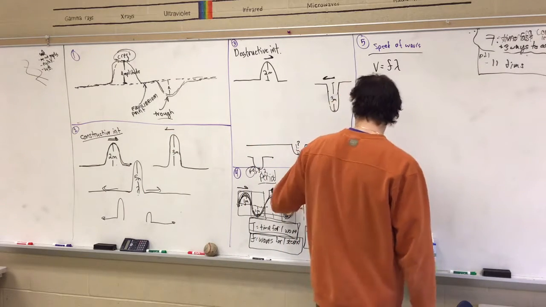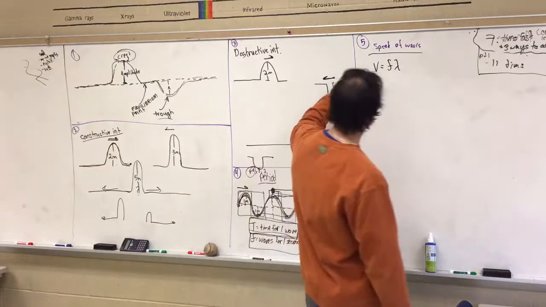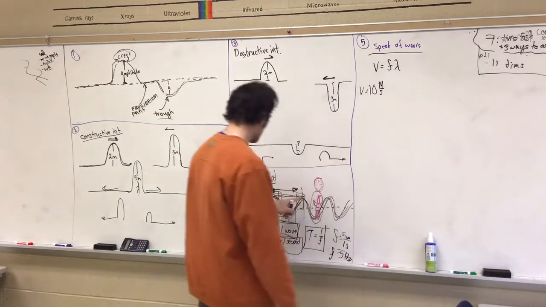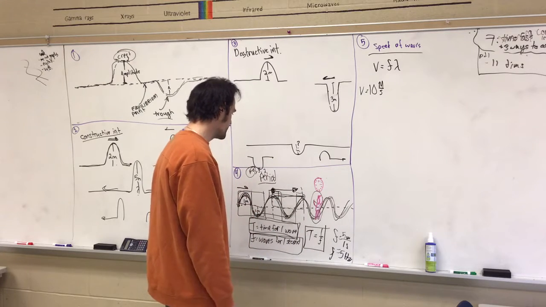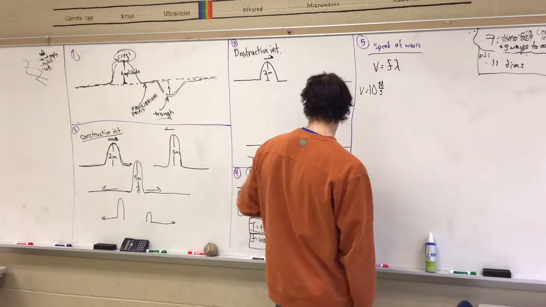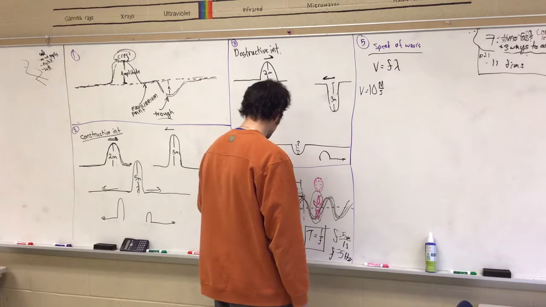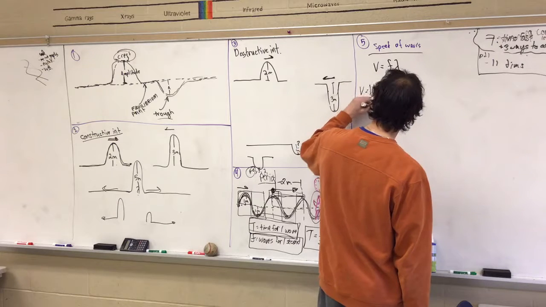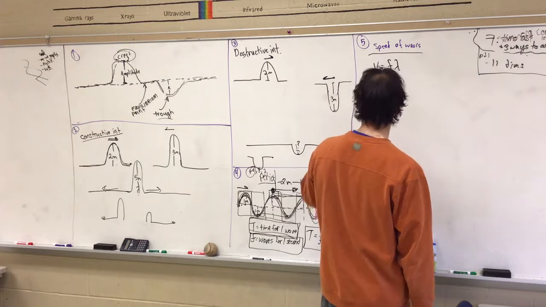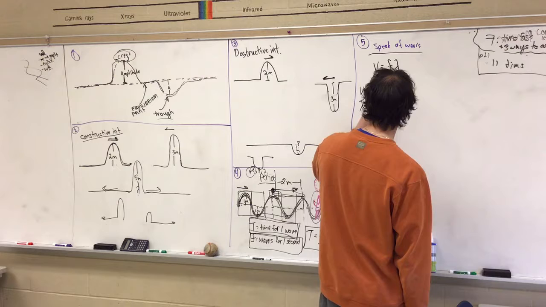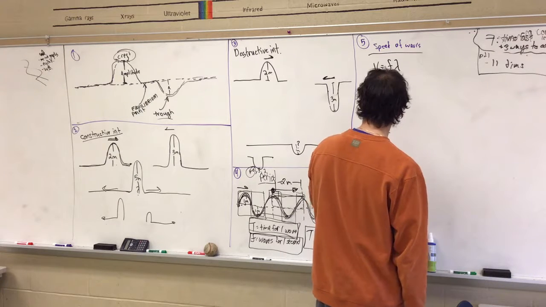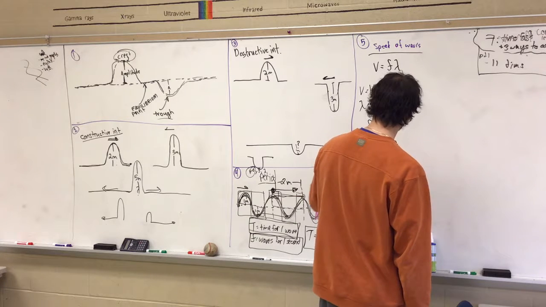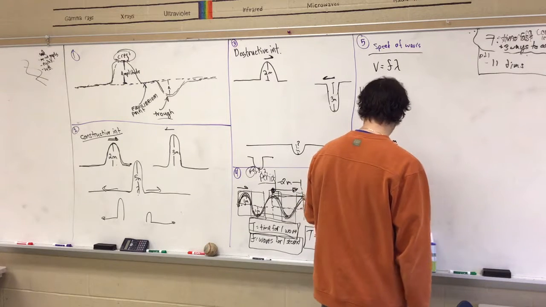So let's say we have a wave that's traveling through the ocean at 10 meters per second, and you measure the wavelength of that wave to be 2 meters wide. To find the frequency, all you do is plug it into your equation. Frequency is velocity over wavelength, which equals 10 meters per second divided by 2 meters. So your frequency in this case is also